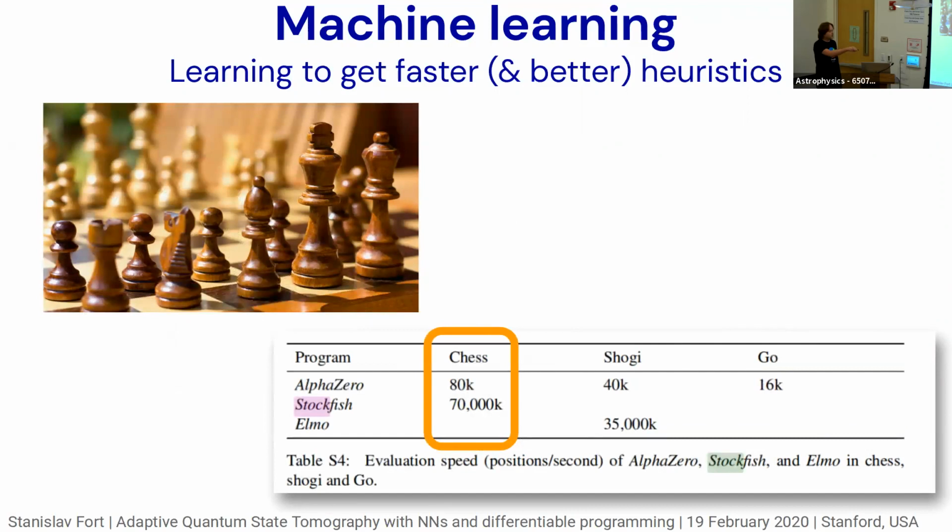And Stockfish probes, in this particular experiment, 70 million different positions per, I think, a second. This program, AlphaZero, probes only 80,000, and yet it's way better than Stockfish. So the brute force of the search here is surpassed by the clever choosing of where you probe, using the learned heuristics of AlphaZero. So here we have an explicit algorithm, and again, it was better to learn heuristics.